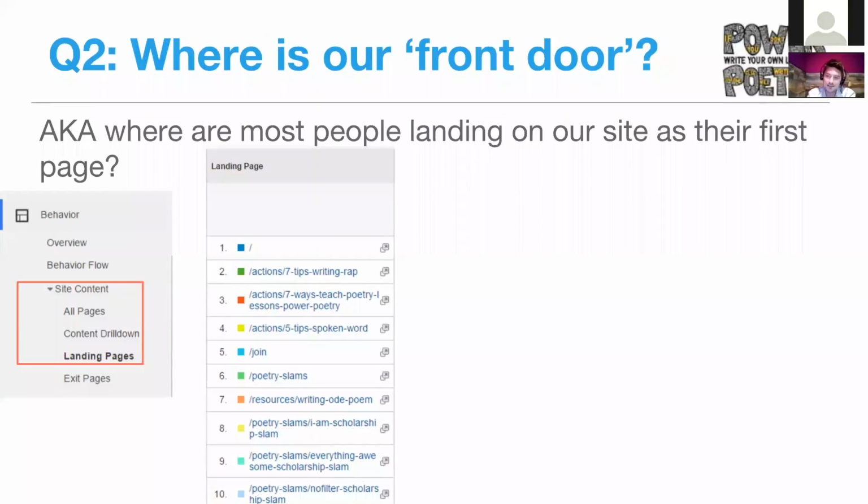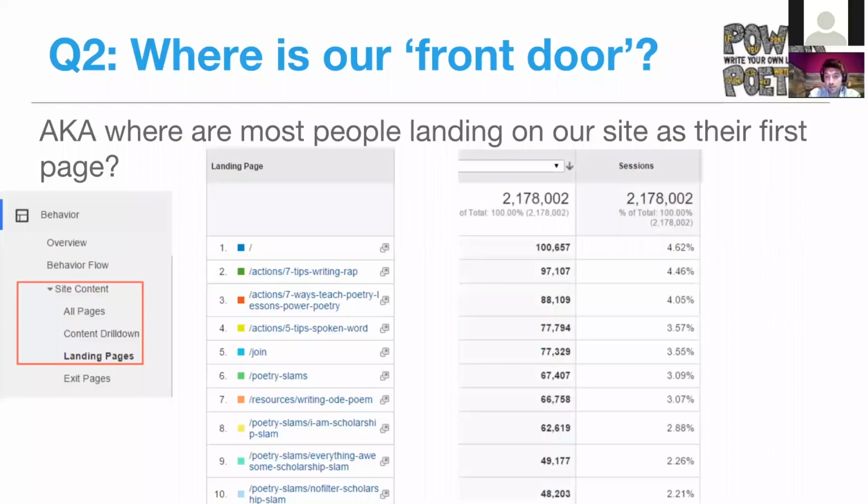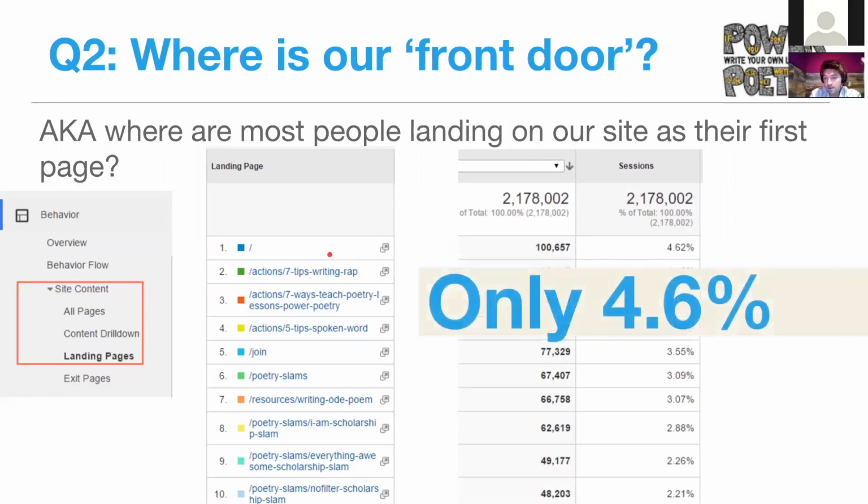We know that everyone doesn't go to the site, but what do you think it is in your mind? Do you think it's like 90%, 80%? What do you think the breakdown is going to be of the distribution here? So here are the numbers that actually come in. While it is the homepage at the top, please do notice that only 4.6% of people go to the homepage first as their initial thing, which means the other 95% are going to one of these other sub-landing pages that maybe you thought less about.